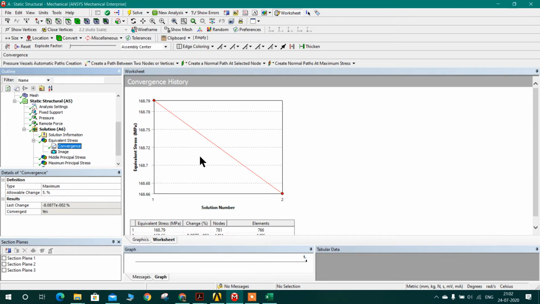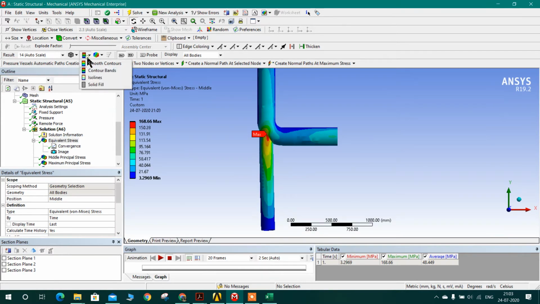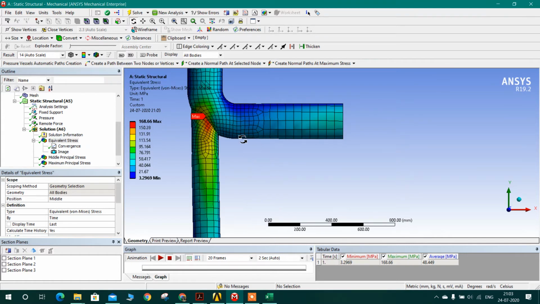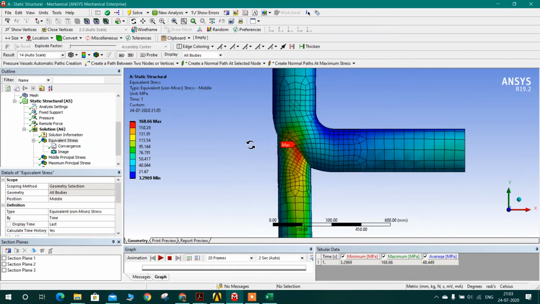In the convergence study, we basically need to achieve less than 5% error in the stress when we change the mesh sizing, right? Here I have done the convergence, through which I was able to achieve the stress within the 5% error range in the first iteration only.